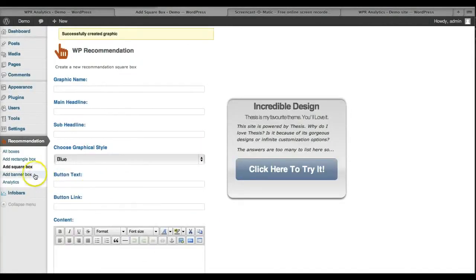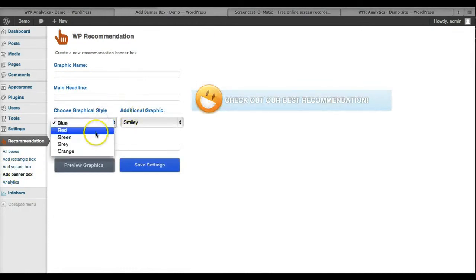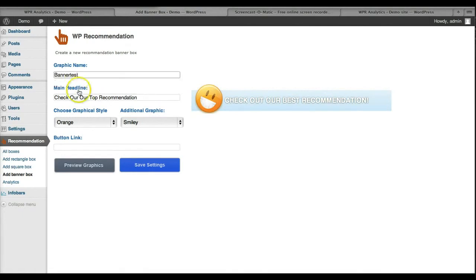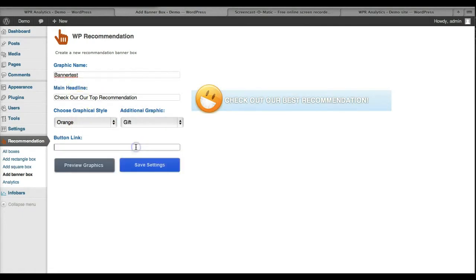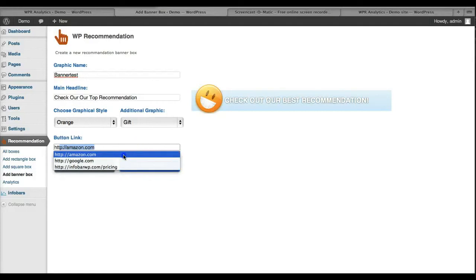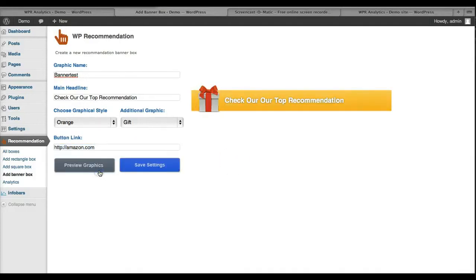Okay, and banner box, it's kind of the same, it's just a smaller box, so I could change the color scheme. Main headline, check out our top recommendation. Graphic name, banner test, and graphic, I'm going to put a gift, and button link, I'm going to put Amazon again, preview it.